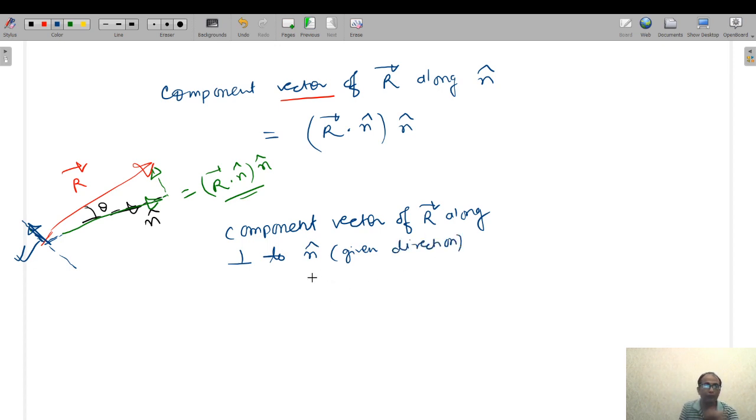So what it would be, see, sum of this vector, which is this, plus sum of this vector would be given by r vector. ट्रायंगल लॉ देखिए, तो ये जो वेक्टर हमने निकाला अभी, ये वाला वेक्टर और ये वेक्टर जो हमें चाहिए अभी, this perpendicular vector, right? So the sum of these two vectors would be given by r vector. So we know this vector and r vector. So what is this? This is difference of this and this. So this can be written as what? R vector minus